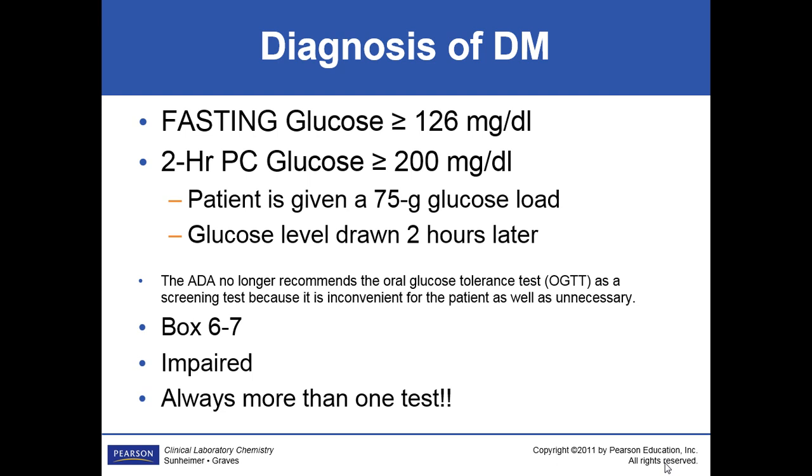Please, please, please remember, you should never diagnose on one single entity, not one test, not one symptom. We have to have multiples. We don't really make mistakes. It's those other people, but you have to have two. So if you take your grandmother to the doctor and he does one fasting glucose and decides she's diabetic, demand another one. They should follow up. And generally they'll have a random glucose, and that could be at any time. And if it's elevated, then they'll have them come back in to do this fasting. Then we'll collect your blood. Then we will give you this product to drink and do a 2 hour. So we have two right there together.